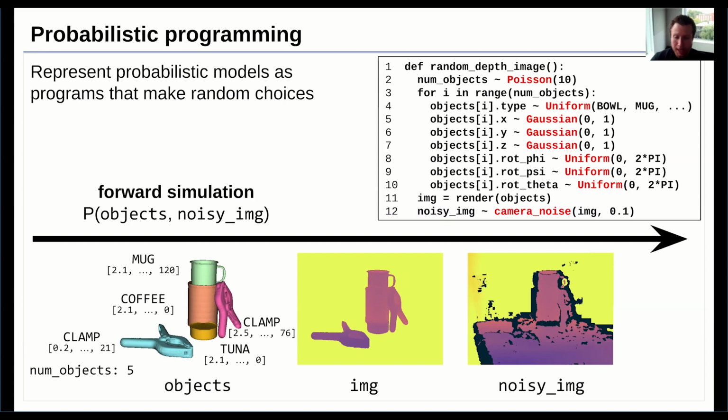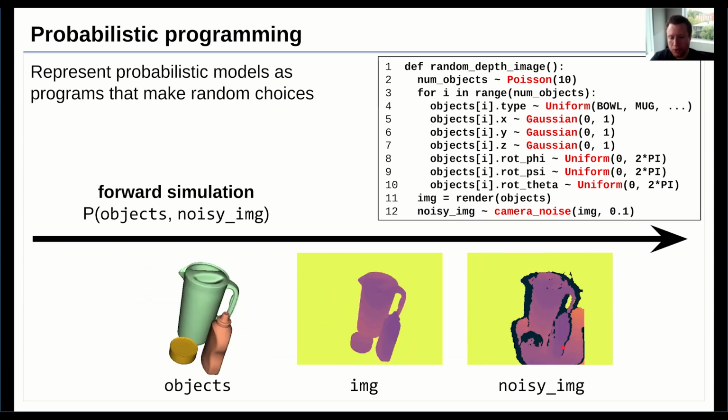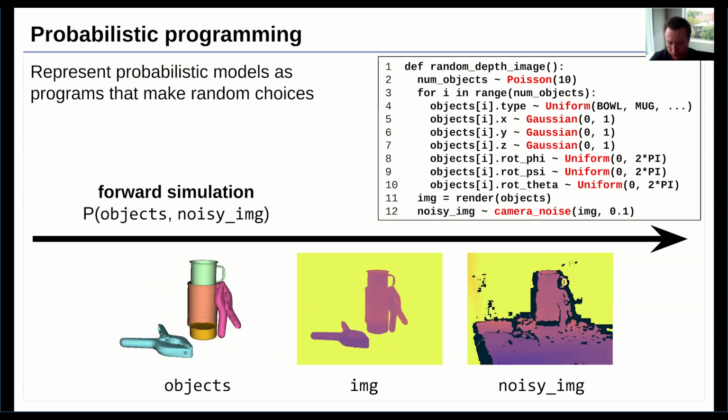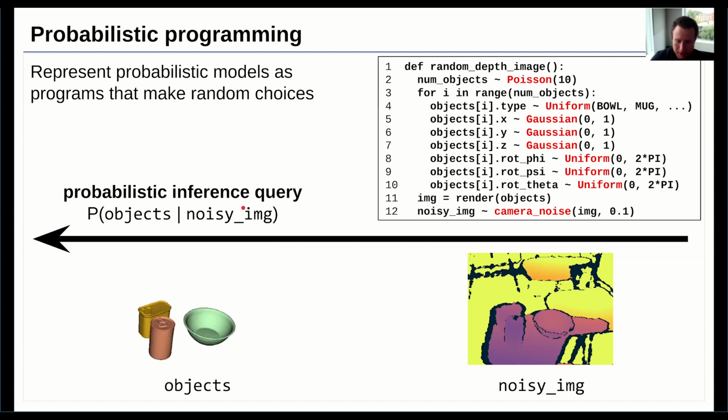If we run the program again, we would get a different realization of objects and images. And we can run the program many times to get a sense of the prior probability distribution over the objects and images. Now, probabilistic programming is interested in working in reverse, which is we have observed our noisy image coming from our depth sensor, and we'd like to infer likely values of all of the unobserved variables in lines 2 through 11. This is a process known as probabilistic inference, where we're conditioning our probability distribution on a given observation of the image. So one sensible inference in this setting might be these three particular objects on the slide.